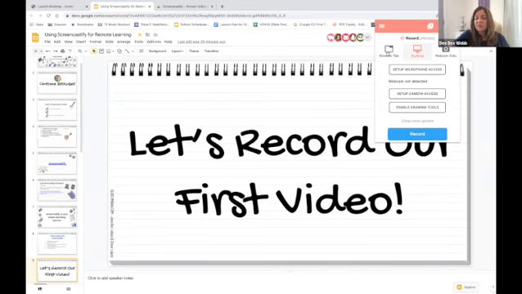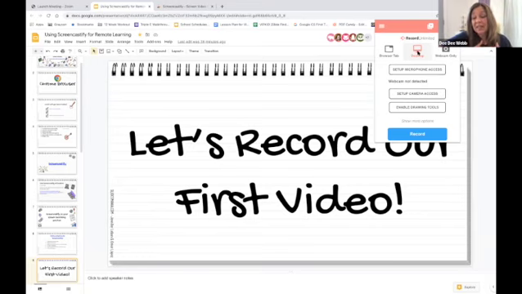The first thing, and in my opinion the most important thing that you need to know about Screencastify, is what you are actually recording. You can record your desktop, and that's what is highlighted right now. The desktop means that you are going to record every single thing, as if you're looking at your screen. So if you were to flip between browser tabs at the top of Chrome, it's going to record all of that. That's recording your desktop.